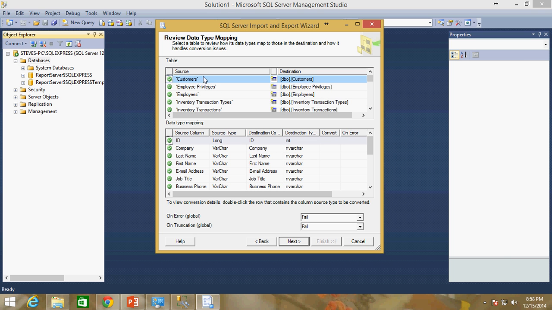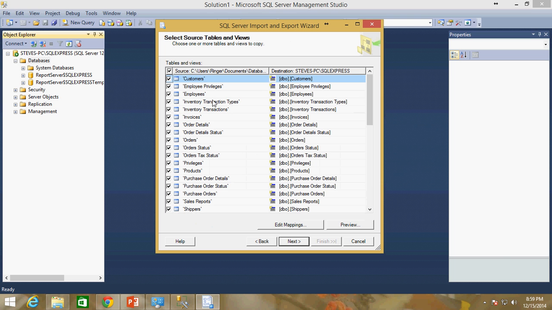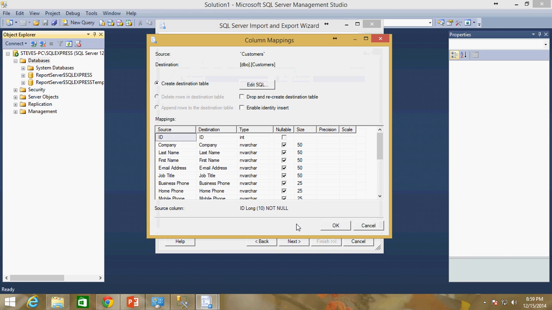let's just assume that this customers table had a red X here instead. That would indicate that there was some sort of data type conversion issue that you need to resolve as the user. So if you have a red X here, you're going to want to figure out which table it is, okay? And then if you go back and select just the one table that's having the problem, you can click on the Edit Mappings button here, and you can actually